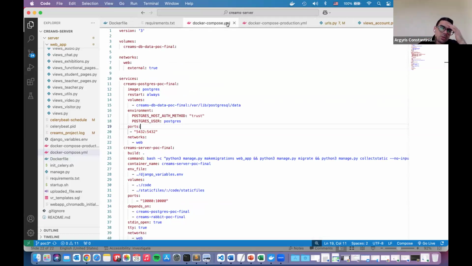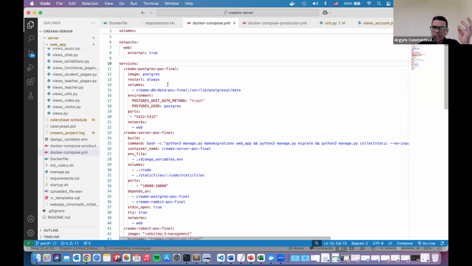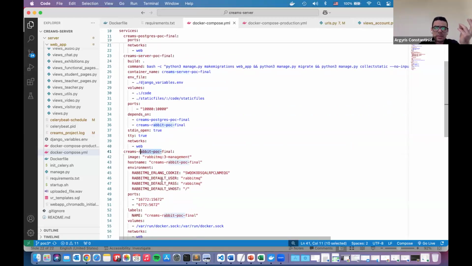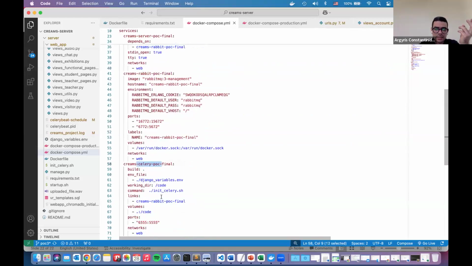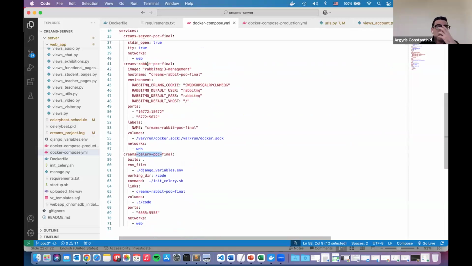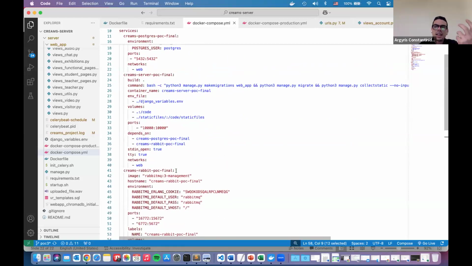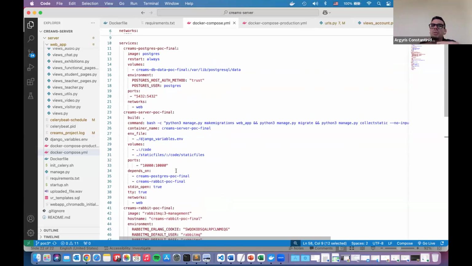In these Docker Compose YAML files, one is for local development and the dash production one is for the live server. Here, we can define what services and how many containers we want. For local development, we definitely need the database, the development server, and RabbitMQ and Celery, the asynchronous task queue, along with the message broker. Each of these services will be created as containers within the same network.